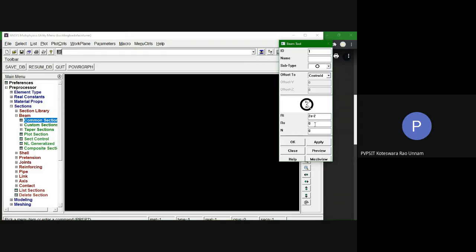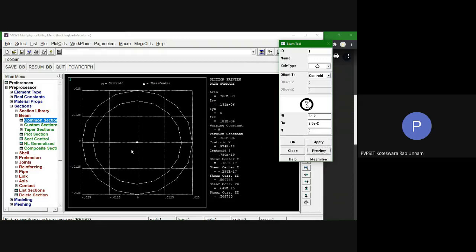The outer radius is the inner radius plus thickness, which is 2.5 centimeters. So I need to enter it as 2.5 e minus 2. You can click apply. If you want to see the properties of the section, you can see them here: the cross-sectional area, the moment of inertia, you can see it clearly.